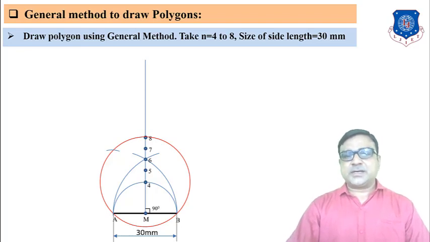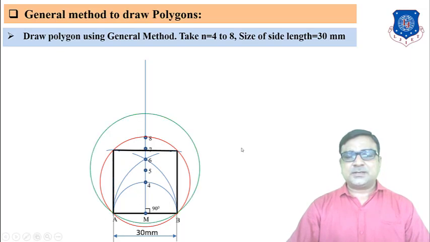Now how to draw a square? A square has 4 equal sides. So for that you have to take a compass and with point 4 as center and 4A as radius, draw one circle. We already have one side AB of 30 mm. Now for the second side, A center 30 mm radius draw an arc, B center 30 mm radius draw an arc, and join these arcs in sequence, that is good.